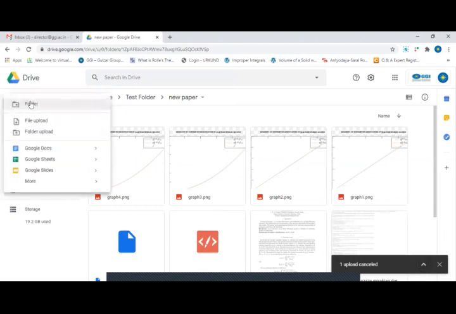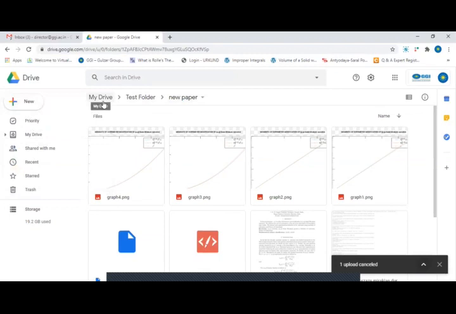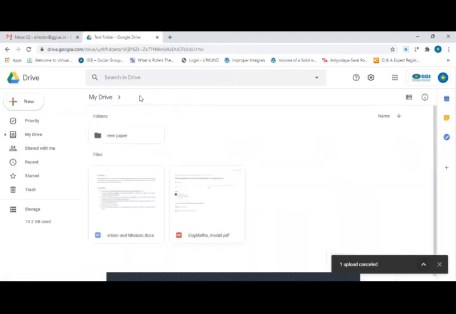So till now we have seen how to create a folder, how we can upload a file, and how we can upload a folder also. Now let us see a few more things which we can do with the drives. Let's come back to our test folder. If we want to see the information of a file, what we have to do is just click on this,